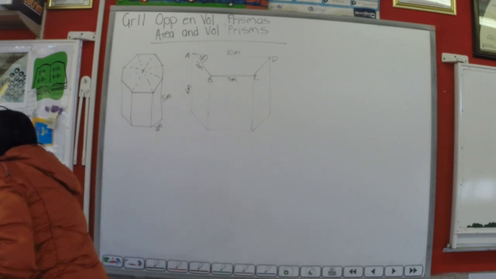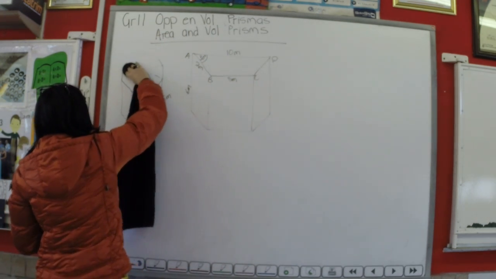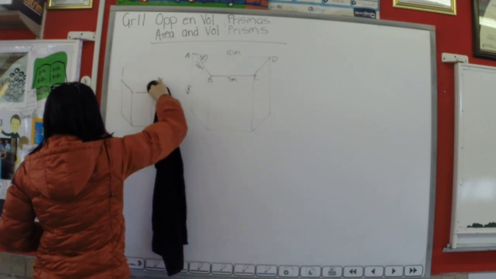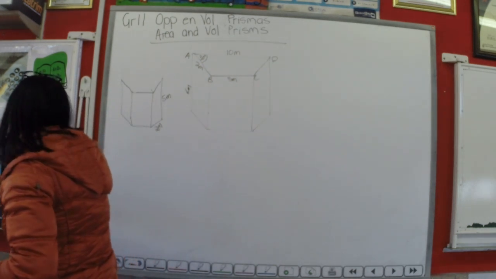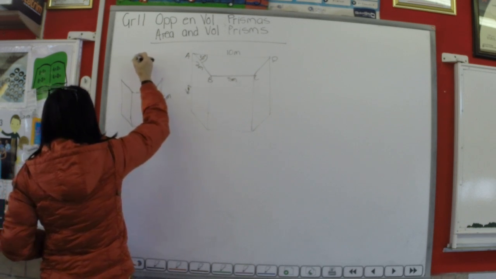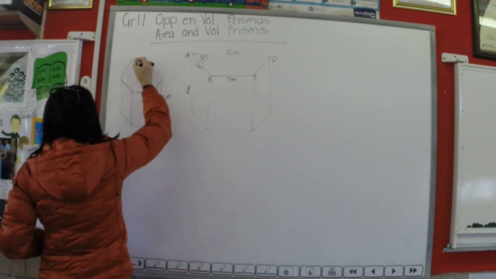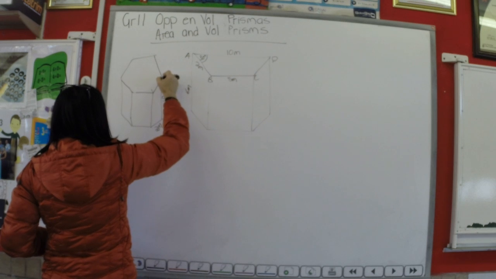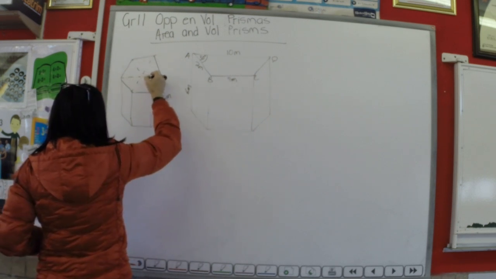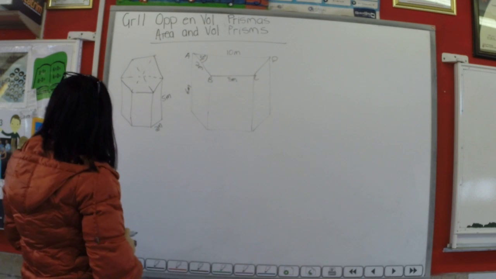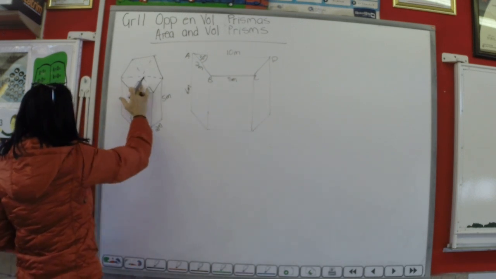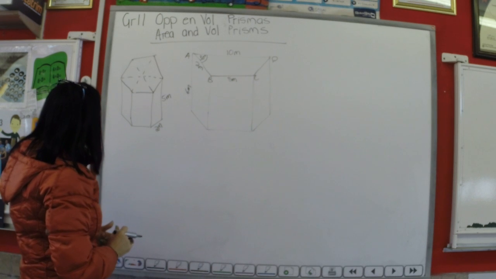Let me just redraw this quickly to make sure it's a hexagon. That's better. Hexagon. Okay. 1, 2, 3, 4, 5, 6, exactly the same